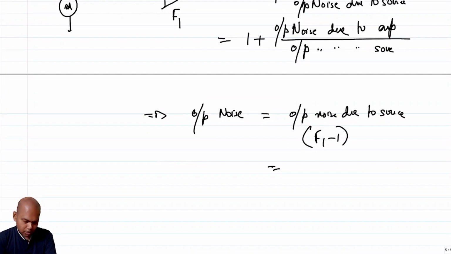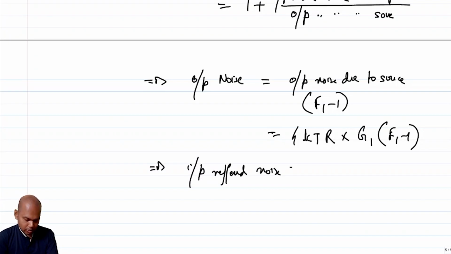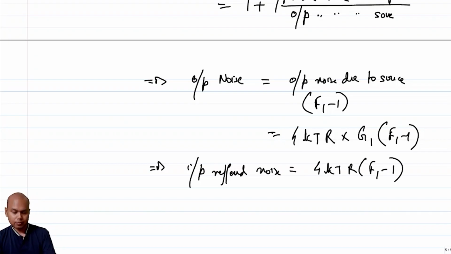So what is output noise due to source? That is 4 KTR, right? Times the power gain, times F1 minus 1. This is the total output noise, correct? If I want to refer it back to the input, then the input referred noise is basically, I divide by the power gain, so that becomes 4 KTR times F1 minus 1. Okay,